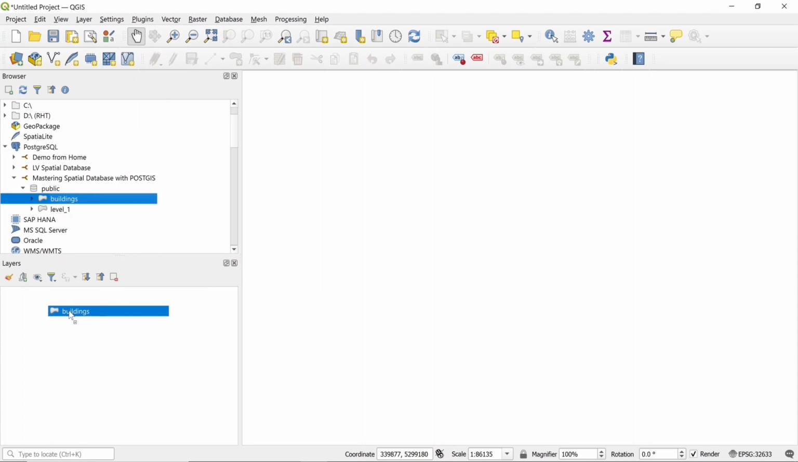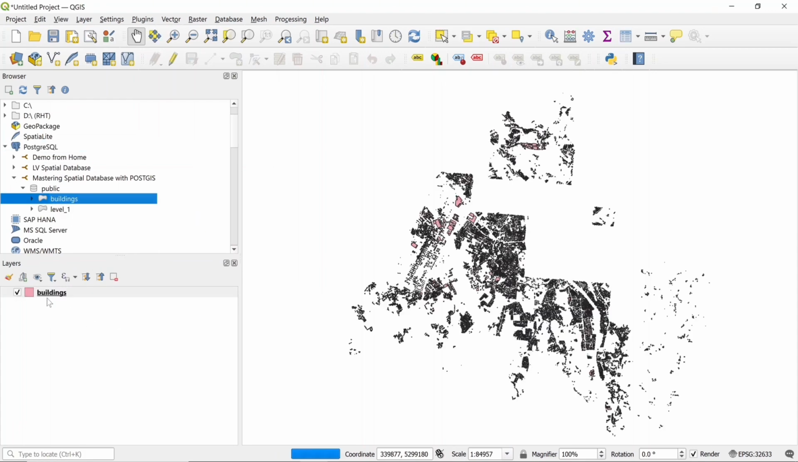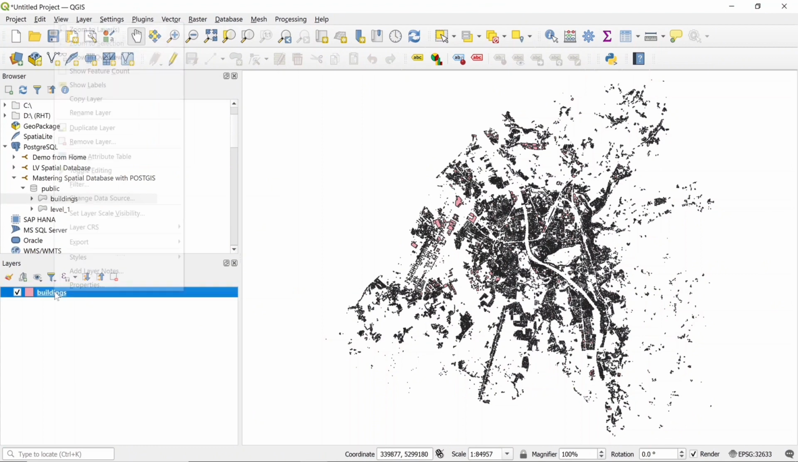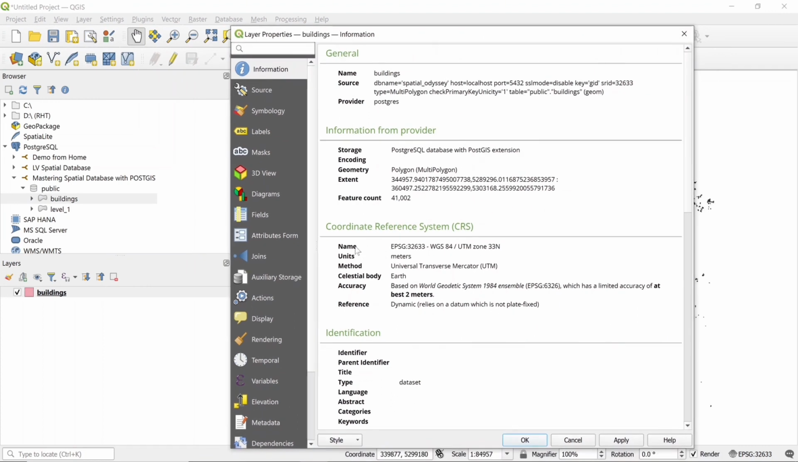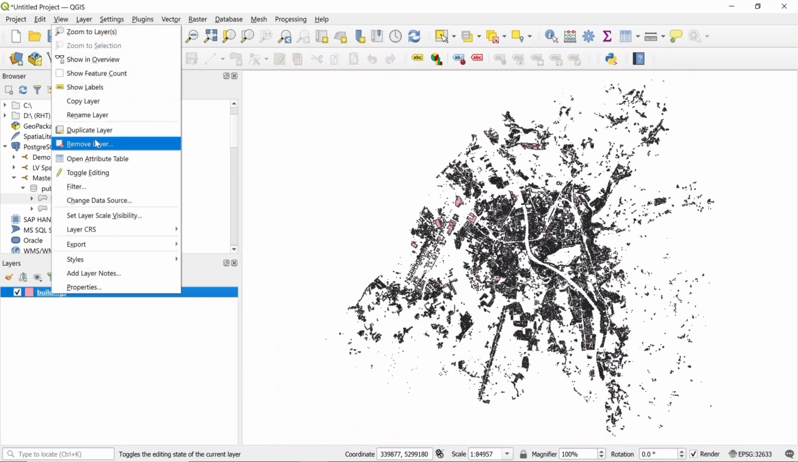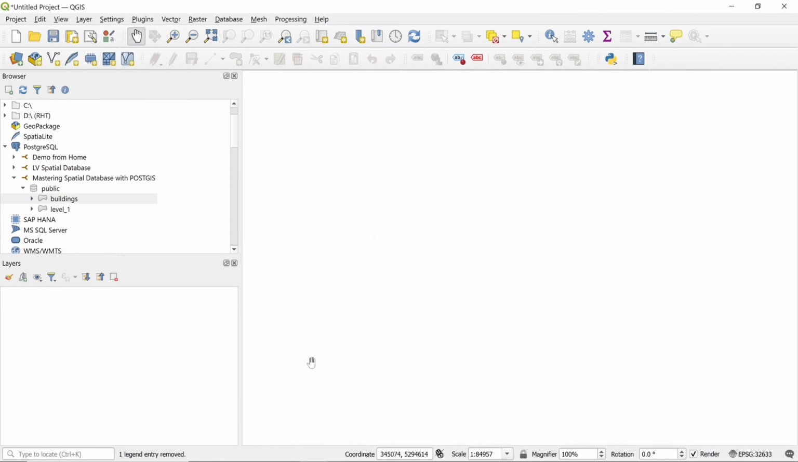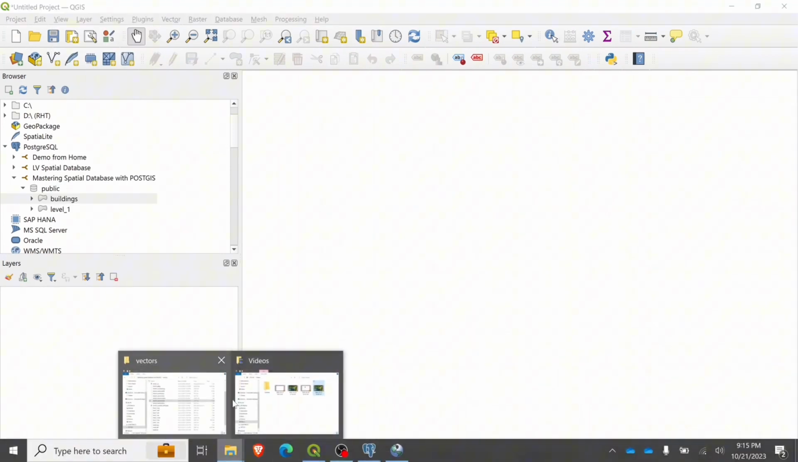So we can just bring it here. And if we right click and see the properties and information, we can see the name of the coordinate reference system, that is EPSG 32633. So this was the spatial reference ID that I used earlier in the PostGIS bundle. Now I will just remove this layer. And now I will add the